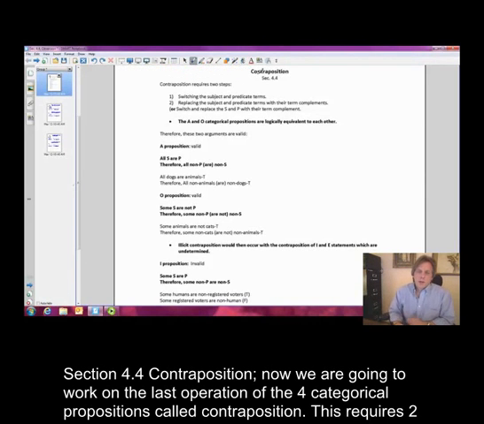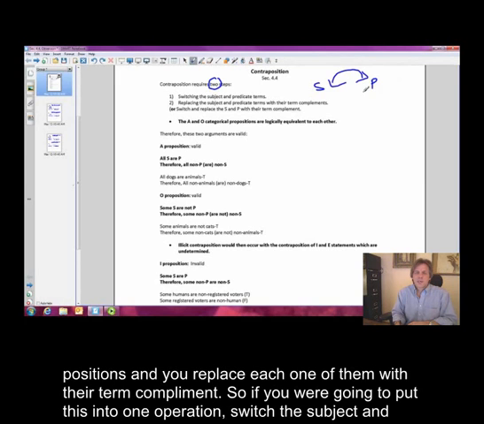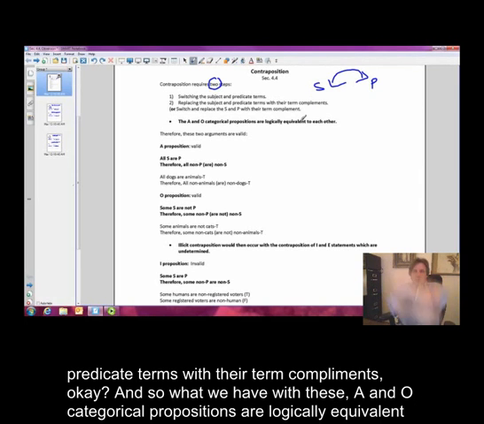Section 4.4, contraposition. Now we're going to work on the last operation of the four categorical propositions, called contraposition. This requires two steps, but you can actually express these two steps as one. Basically, if you have S and P, you switch them. You switch positions, and you replace each one of them with their term complement. So if you were going to put this into one operation: switch the subject and predicate terms with their term